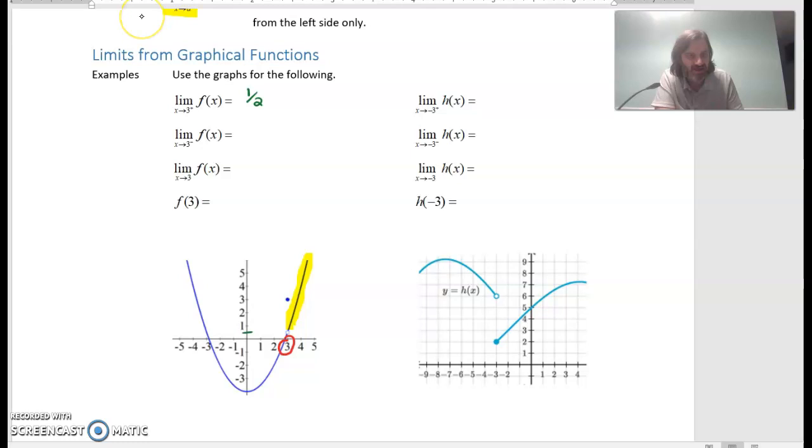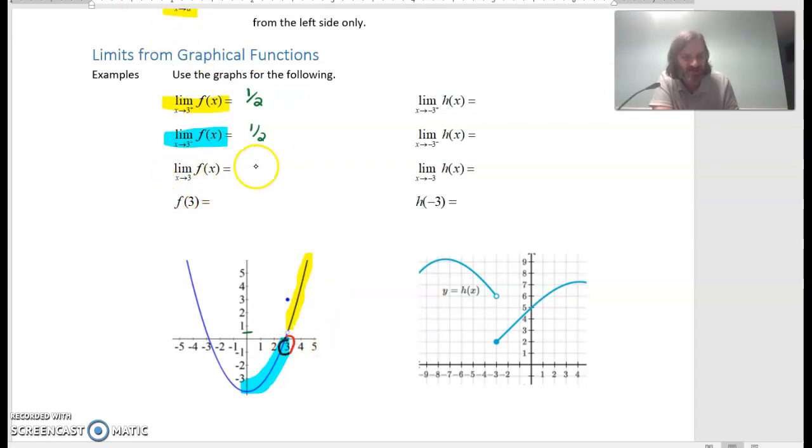Coming at it from the left-hand side, it looks like the same thing. So I'm coming at it from the left-hand side, so I'm using numbers less than 3. 2.9, 2.99, 2.9999. Once again, it looks like I'm coming toward 1/2. So the fact that I'm coming at that from the left and the right and getting the same thing guarantees me I have a two-sided limit. And when I say limit as x approaches 3,